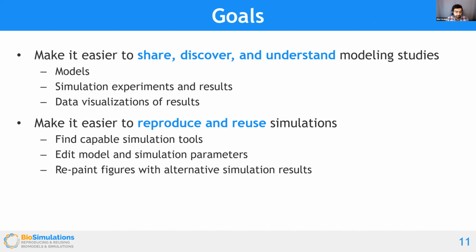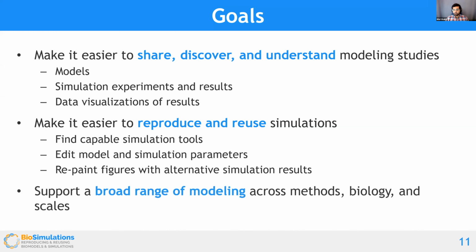So if there is a figure that has been published in a paper, we want to see, if we tweak this and rerun this model, how is that figure going to be different? And often these figures are very particularly manually tweaked and curated to make them look nice and publishable. So it can be quite difficult to recreate that figure with different data.